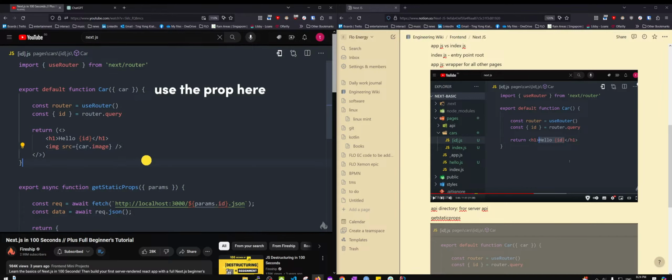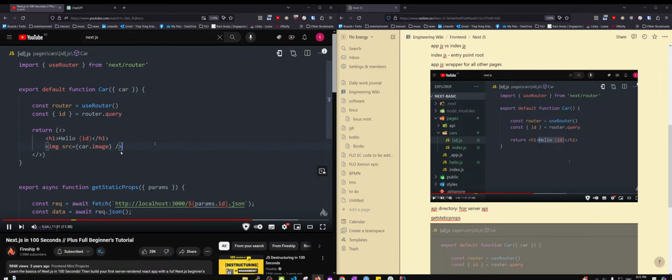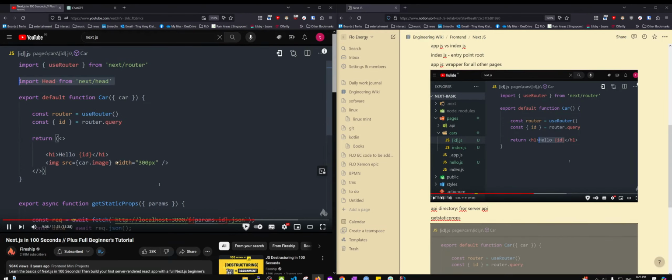as well as meta tags to the head of the document. Next makes that very easy to accomplish by simply importing that